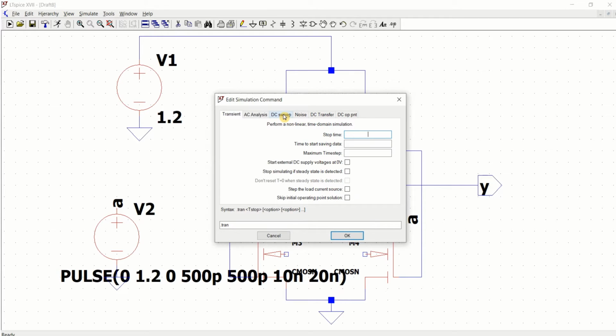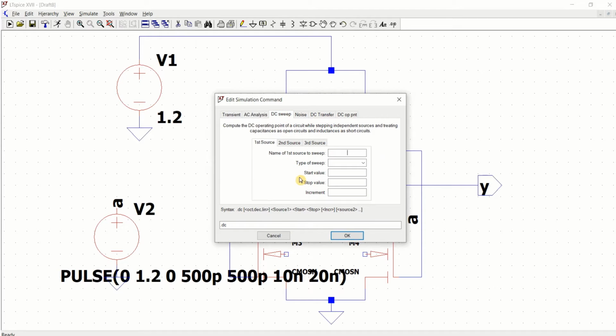First, we'll try to go with the DC sweep. Now select the name of the source to sweep. So select V2 as the source potential. That is the variable which you want to vary. Now select it as linear. Start value is 0 and stop value is maximum 1.2. Click OK.